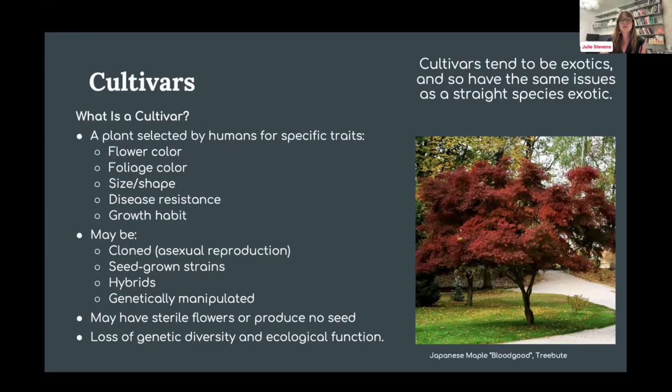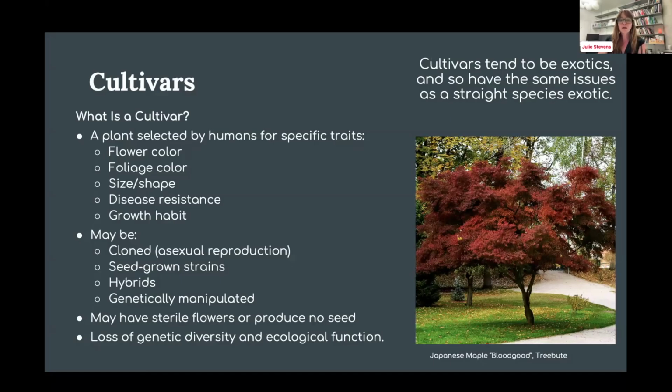All right, so cultivars. I know so many of you know this, but for those who don't, we're just going to touch on it really quickly. So cultivars, they are created by humans, so they are cultivated. They typically are selected for very specific traits like improved flower color, foliage, size, shape. We love to shrink things. I also have a horticulture degree in addition to my landscape architecture degree. And boy, don't we love to just dwarf plants, right? How many times can we dwarf a mugo pine? But they also are generally cloned, which means that they have no genetic diversity, right? So every clone is the same plant.